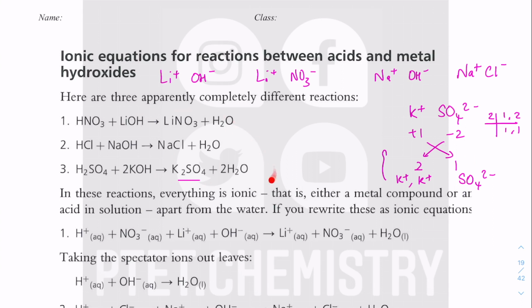So all these three are seemingly different reactions, but there's actually one common factor for all three equations. This is a nitric acid, this is a hydrochloric acid, this is a sulfuric acid, and this is a hydroxide, this is a hydroxide, this is a hydroxide. Granted, they are all metal hydroxides. A metal hydroxide is what you consider a base or an alkali, however you want to pronounce it. I prefer to use the word base. You can use alkali. Acid plus base, or acid plus alkali, is what you call a